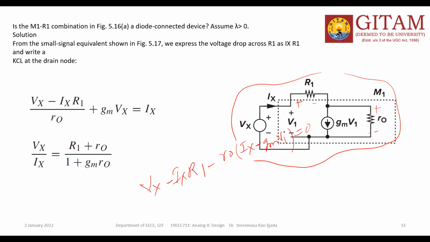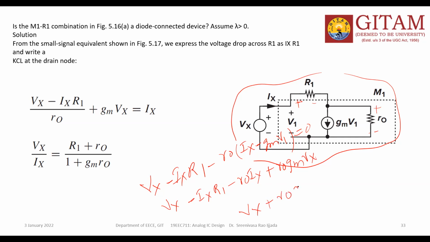Now I can write Vx minus Ix R1 minus, expanding this, R0 into Ix, minus R0 into, of course, minus plus R0 into GM V1. V1 and Vx both are the same. So then you can write the Vx. Separate the Ix and Vx terms. So Vx minus, here is one more Vx term. What is that? R0 GM Vx is equal to